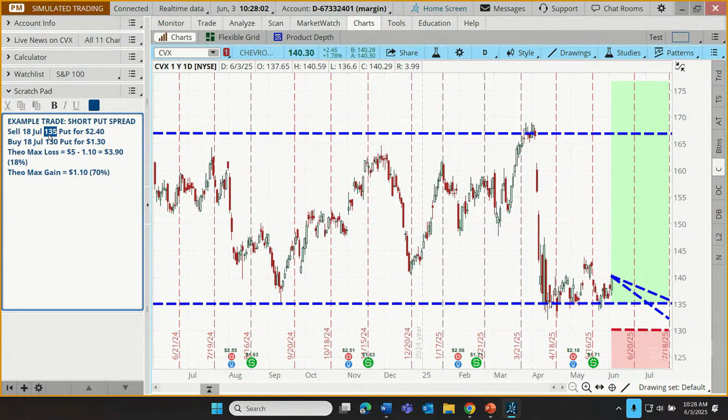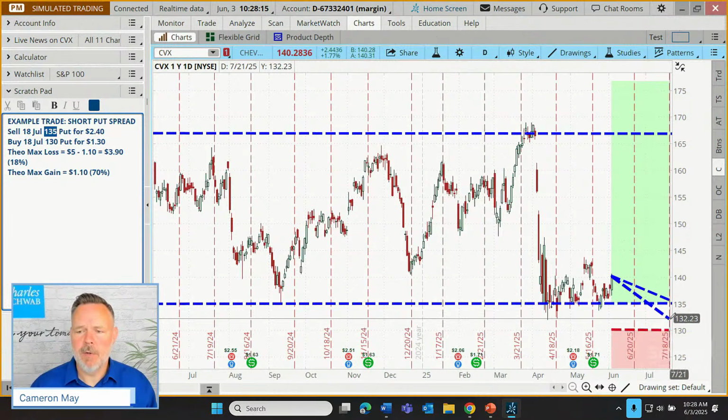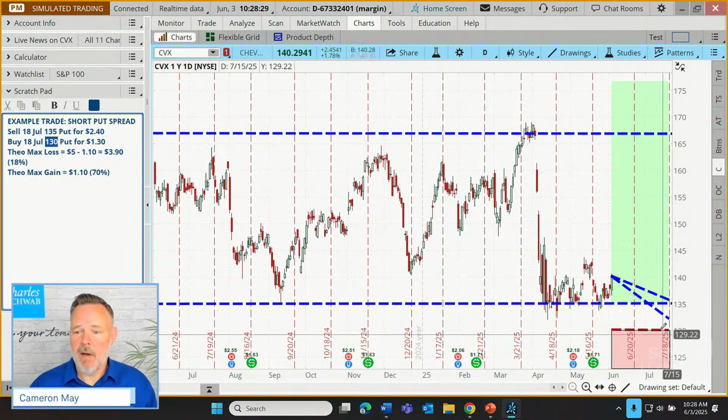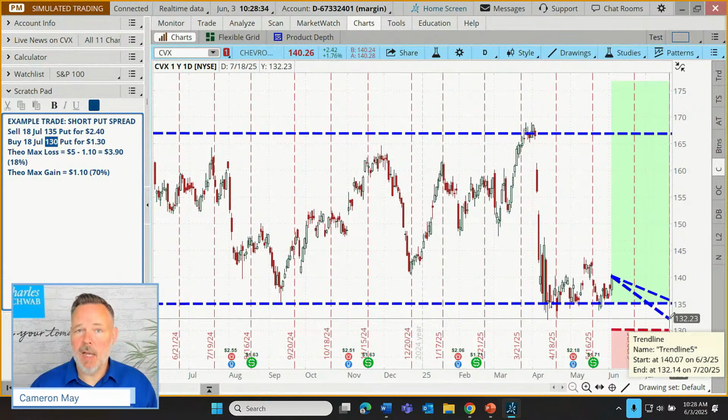They have the right to sell it to us for 135. They can't sell the shares to anybody else out there for 135. They'd have to just sell it otherwise on the open market for 132. So they assign that contract. They sell us the shares of Chevron for 132. And you think, that's okay, Cameron. I'm covered. I can sell those shares to somebody else for 130. Yeah, we can, but do we want to? That would be underselling the market. Nope, in that case, our long option just expires worthless. We get assigned the shares. We wake up Monday morning and we own 100 shares or 200 shares or 300 shares. Maybe we weren't planning on owning.